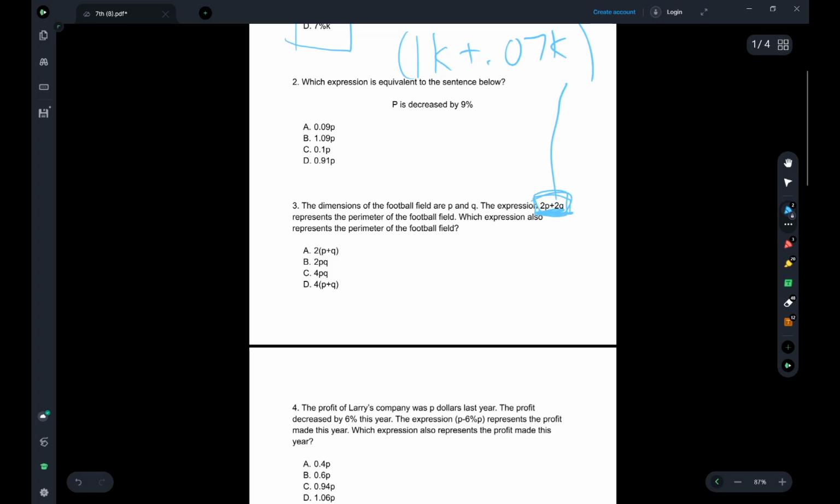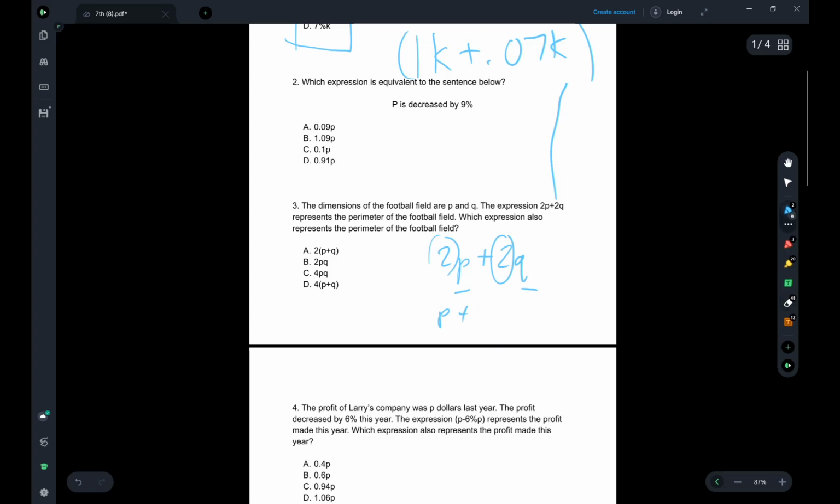So, let's see. When you try to simplify this, because you can't add, since the variables are different, the only way you can do it is simplify. So, how would you simplify? What do these two both have in common? You're correct. They both have a 2 in front of them. So what you can do with that 2 is you can take it out. You can remove these two 2's from their variables. But if you just get rid of them and just put P plus Q,